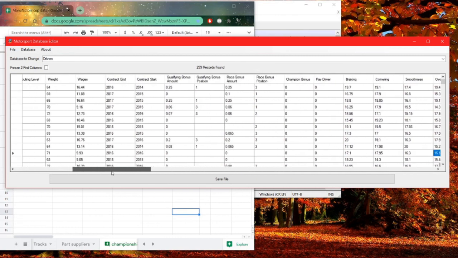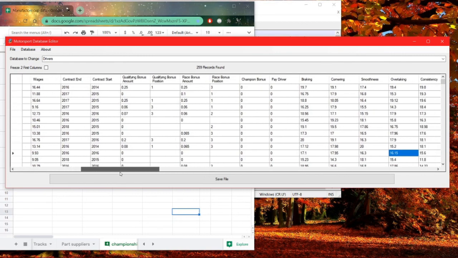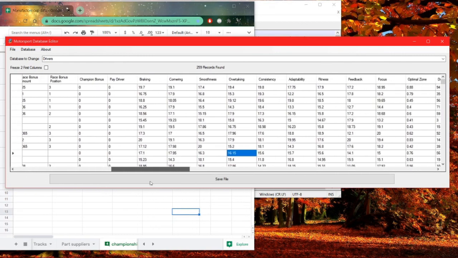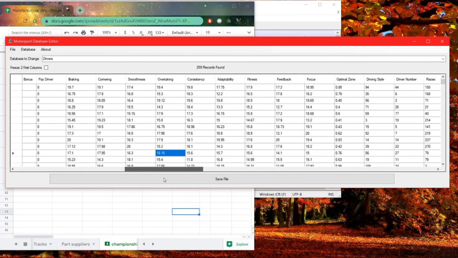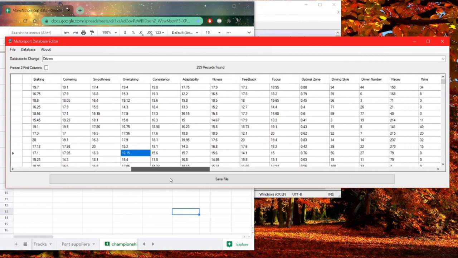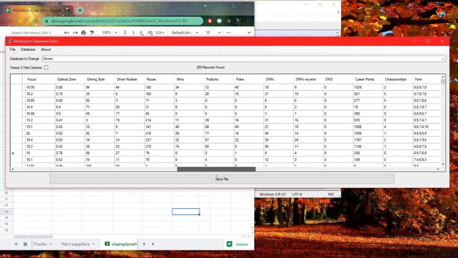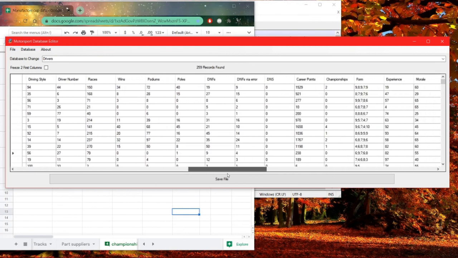You can see other stats, like how much they're getting, when their contract started, their qualifying, any bonuses they would have on their starting contract. If they're a pay driver or not? Their driving style. Their driving numbers, even though it